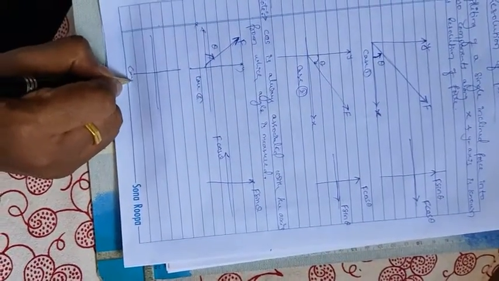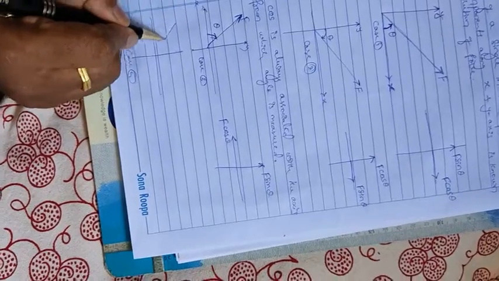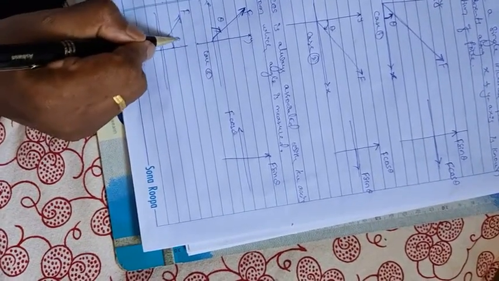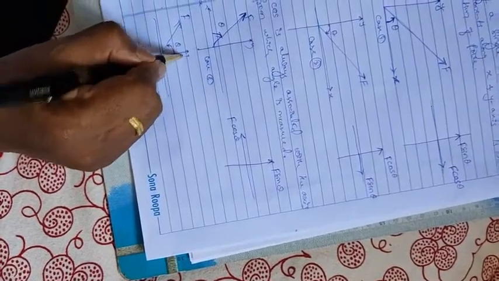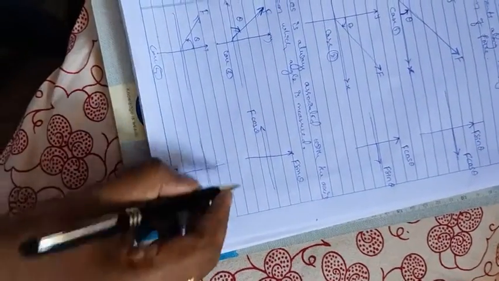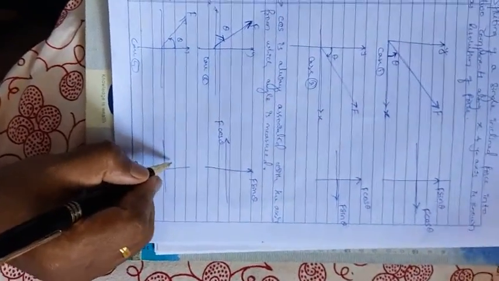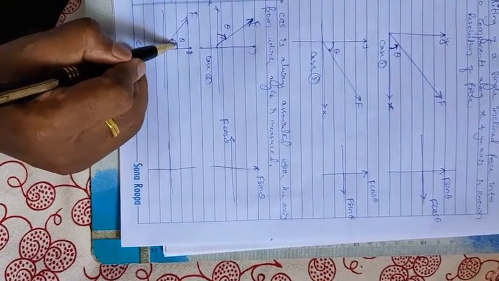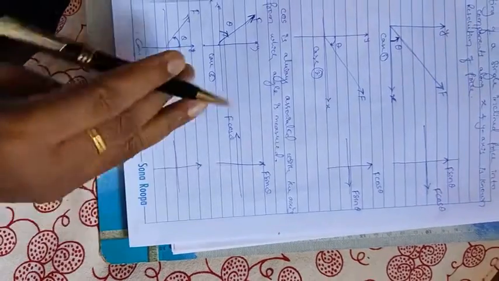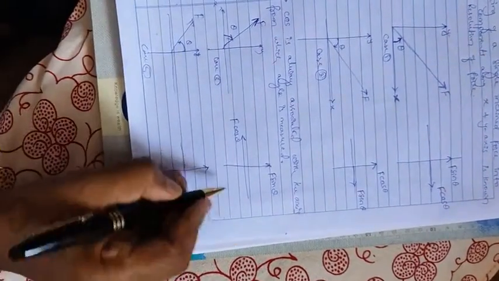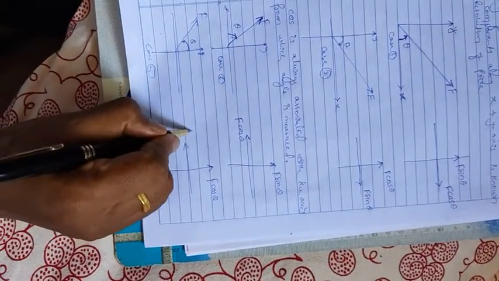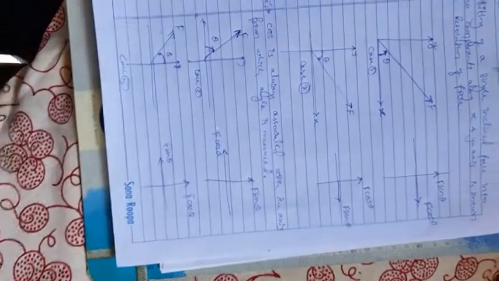Again, this is case 4. I will take the same force in second quadrant. In this case, the angle is theta with respect to y axis. Because the angle is measured with respect to y axis, the y component is cos. So when I bring the same force along y, it is acting upward, and it is F into cos theta, whereas the x component will be F into sine theta.